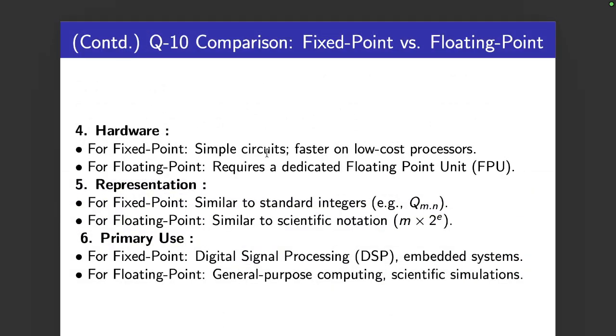For cost, fixed point uses a simple circuit, with faster and low cost processors. Floating point requires a dedicated floating point unit, not a low cost processor. The representation for fixed point is similar to a standard integer, Qm.n or Q8.8. For floating point it is similar to scientific notation, m times 2 to the power e. Primary use: fixed point, digital signal processing, embedded systems, etc. And floating point,